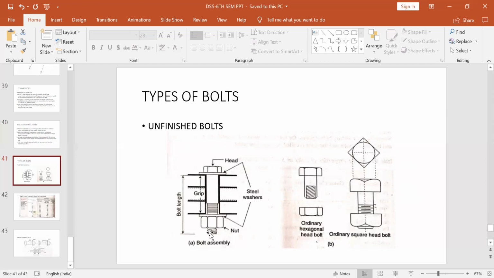So in order to keep the structure in position, in order to sustain the heavy load, this nut has to be clamped very tightly. Not extremely tightly, but up to a certain extent, it has to be tightened. But again, if you tighten it to a very large extent, then what happens?